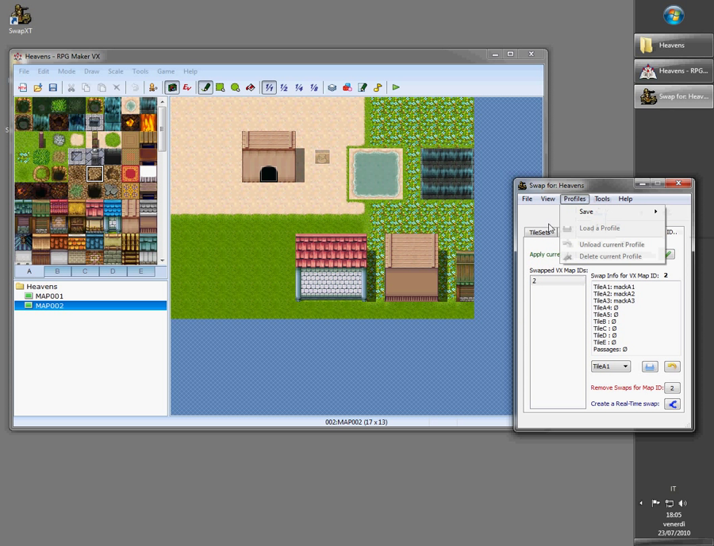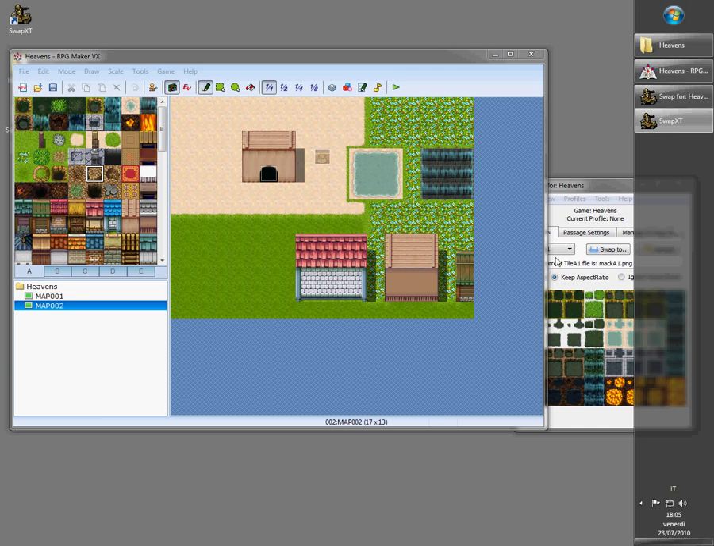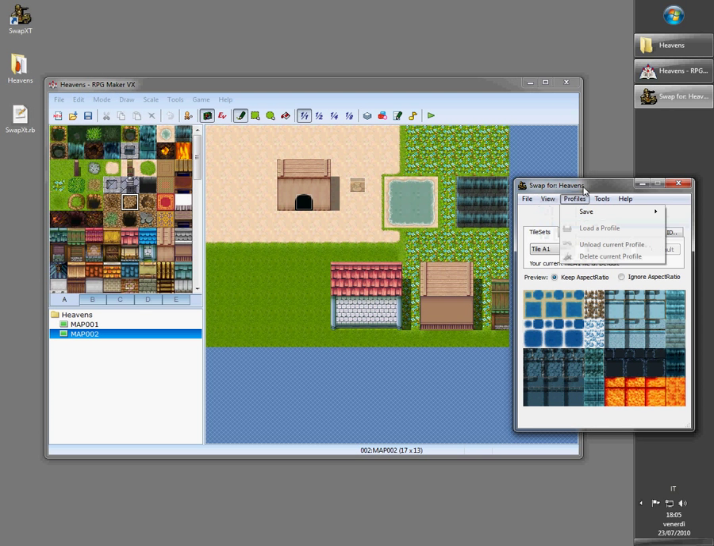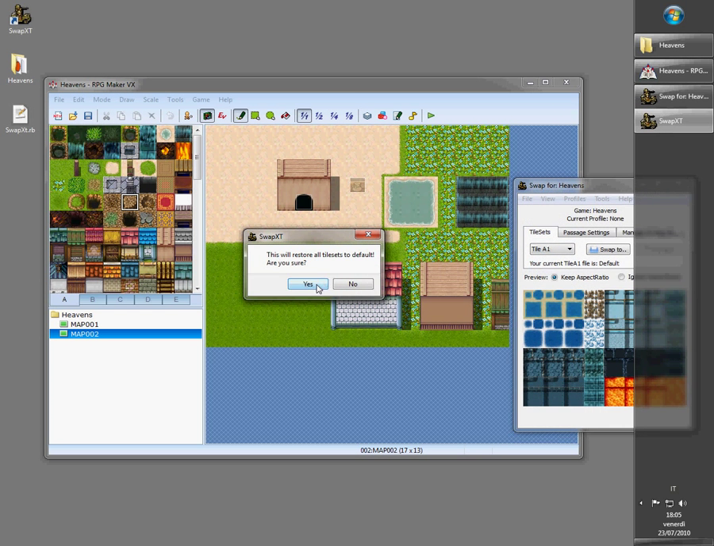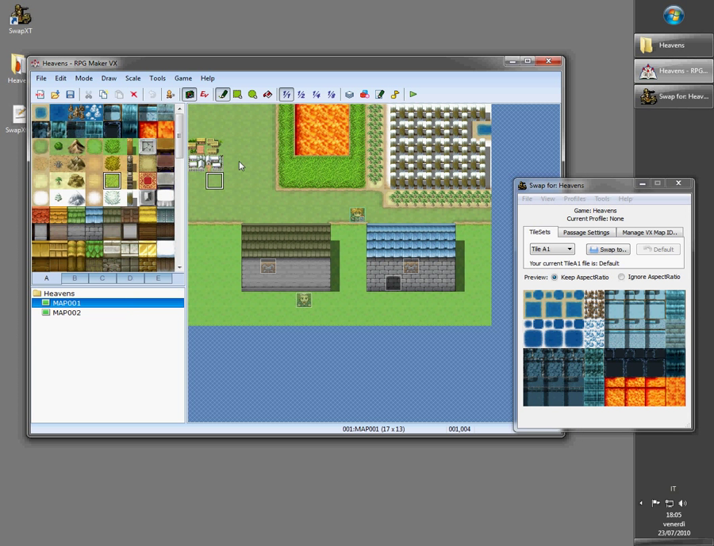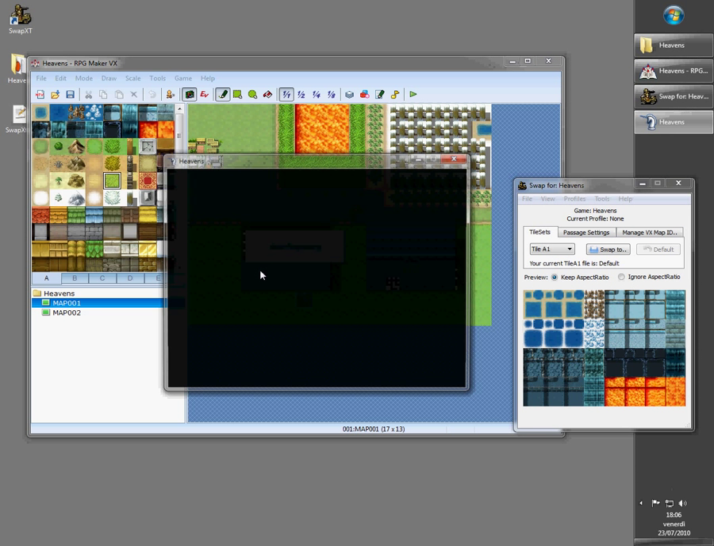So let's restore our tile sets. Okay, so if now I start my game without putting one single event, if I start my game,